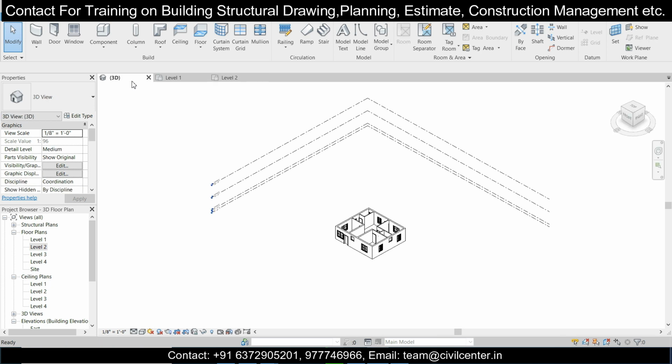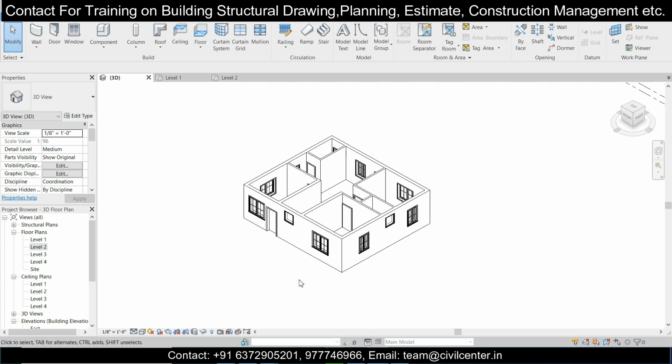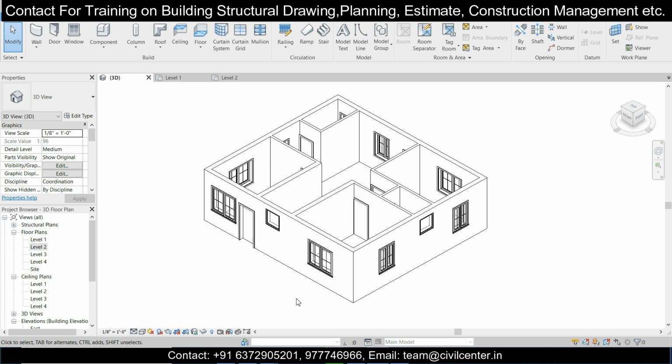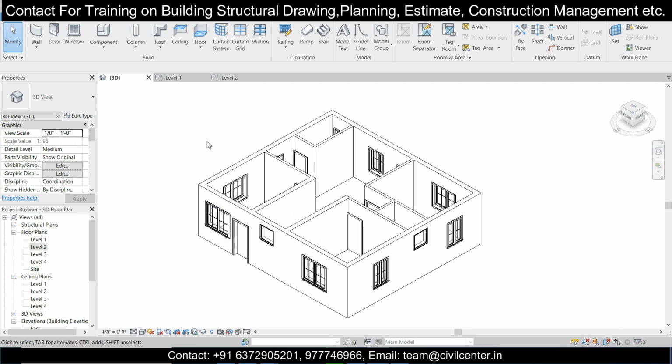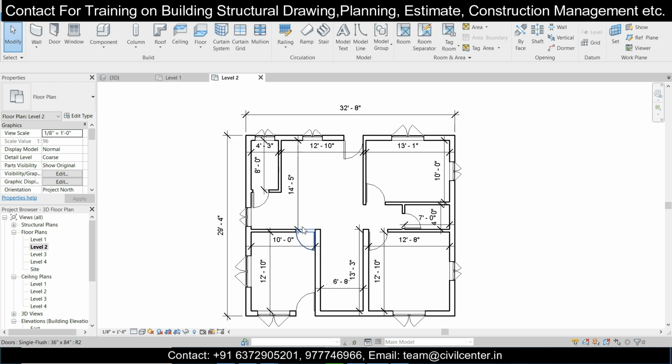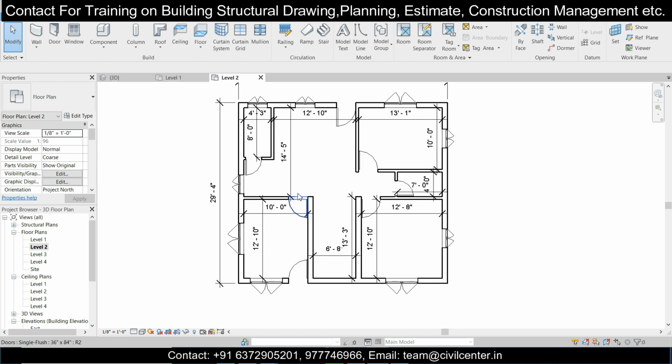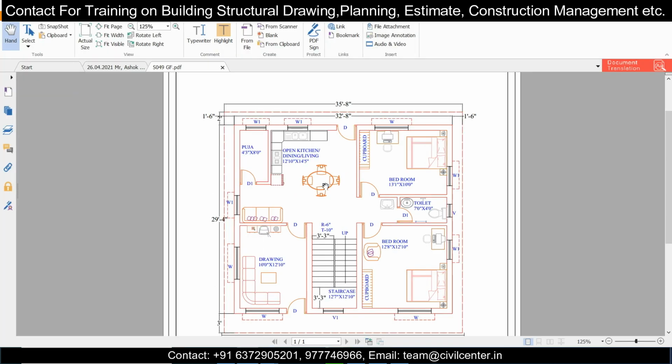Yesterday, in the previous session, we had completed up to this 3D model of this particular house, as you can see here, up to this much. And if you haven't watched that video, we'll give the link in the description and you can also check that out. So today we'll just do the naming of that particular plan as per this, and after that, we'll also learn how to insert the furniture layout.